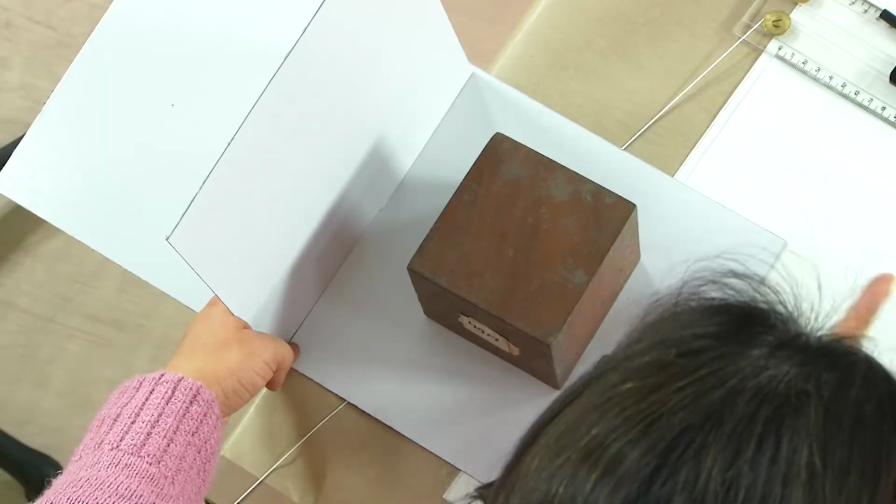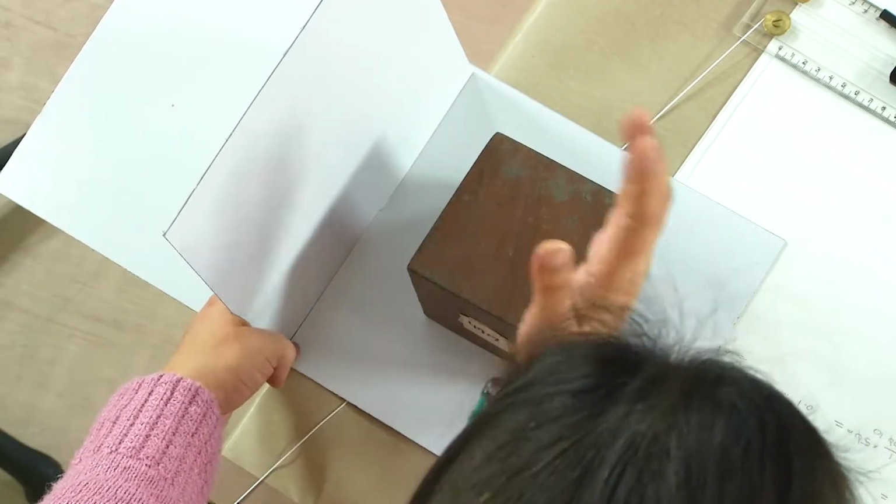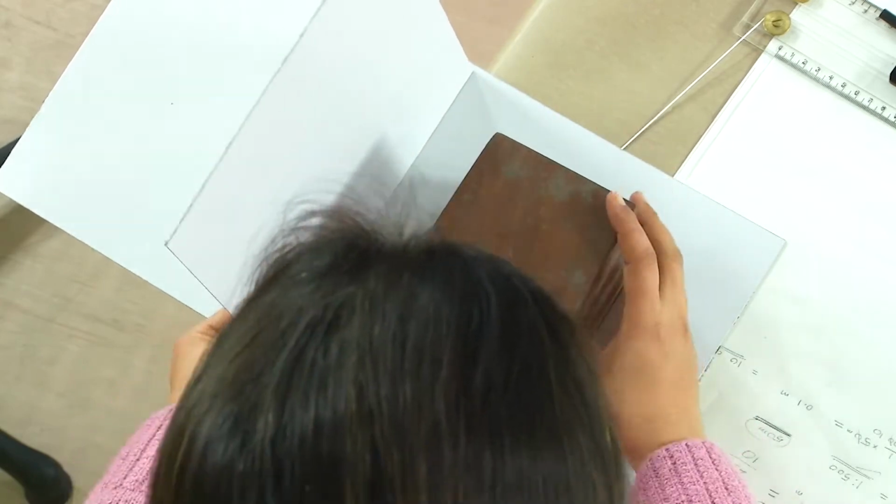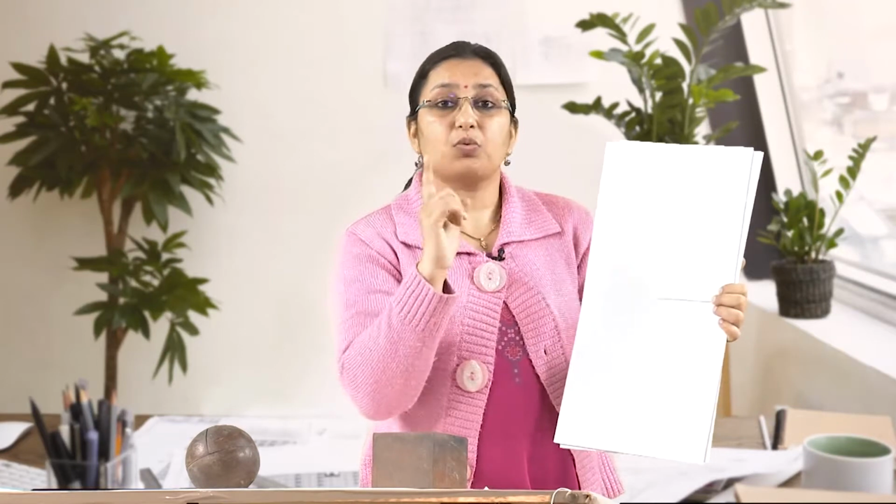Now, if I look at it from top, what will I see? I will see a square, and if I see it from the front, then I will see a square as well. If I just fold it like this, what will I see? I will see a square here and I will see a square here. Now, one thing which we have to keep in mind is that the projection lines for these should always merge,